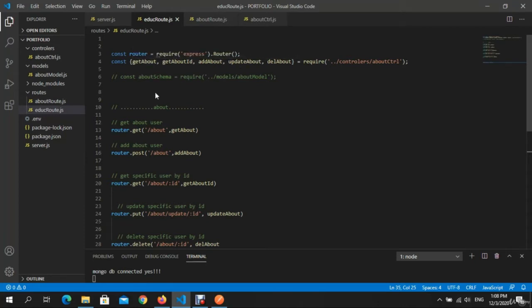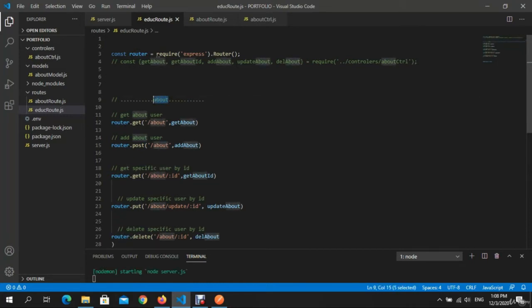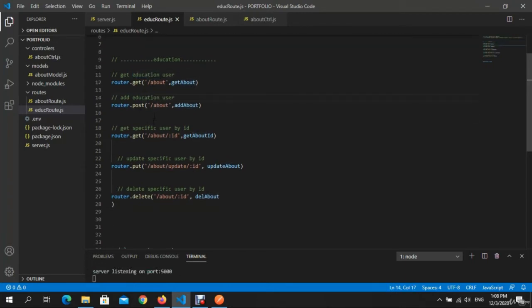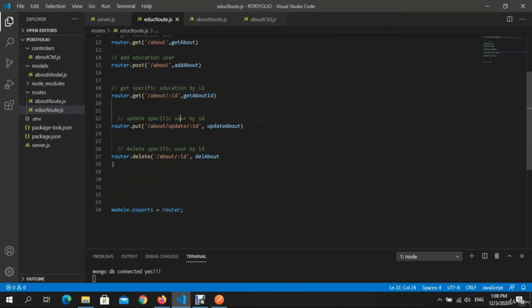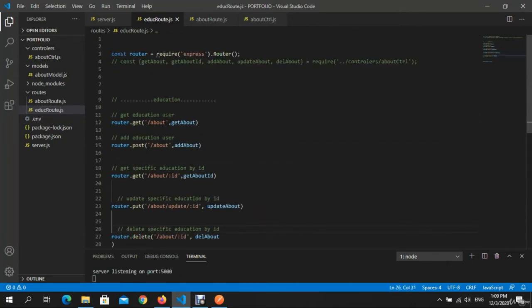Now here, of course, we don't have it yet, so let's comment it. This, I don't want this because I'm gonna use the same way. Here is gonna be the education, get education. Let's copy all the comments, add education, civic education, update specific education, right? Also, let's make here get